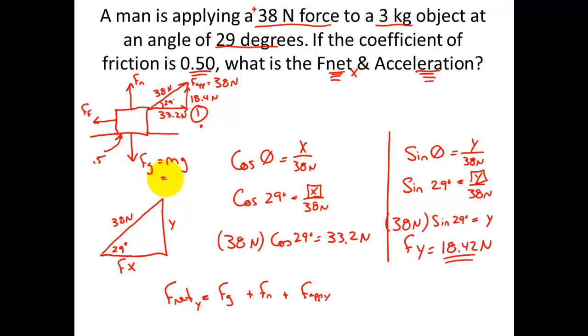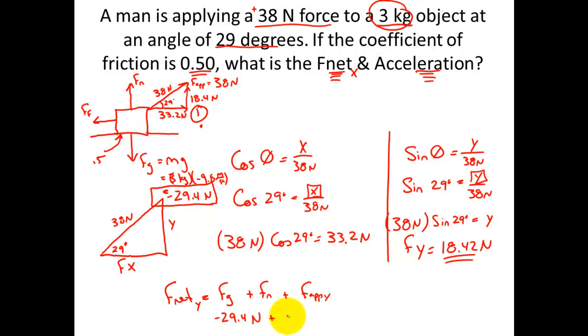The mass of the object was, let's go back up here, 3 kilograms. So we're going to have a 3 kilogram object multiplied by negative 9.8 meters per second squared to give me an Fg of 29.4 newtons, and that would be negative. So Fg is negative 29.4 newtons. And let's label that down here. We have a negative 29.4 newtons